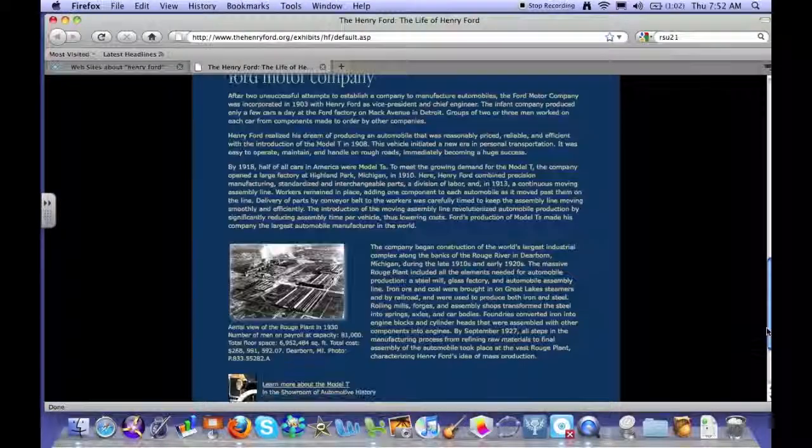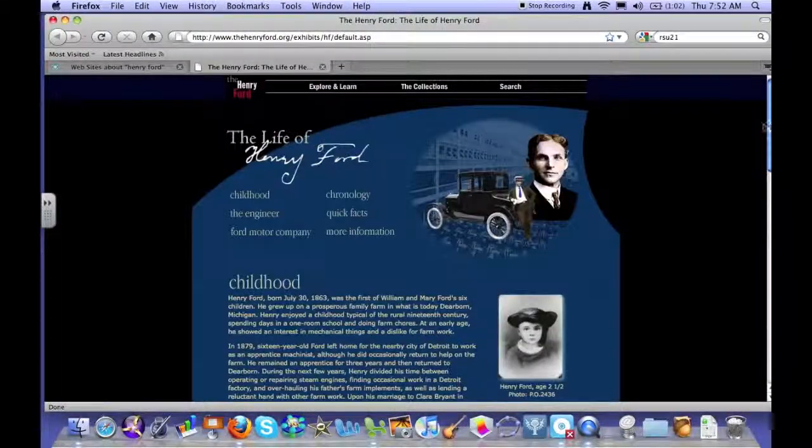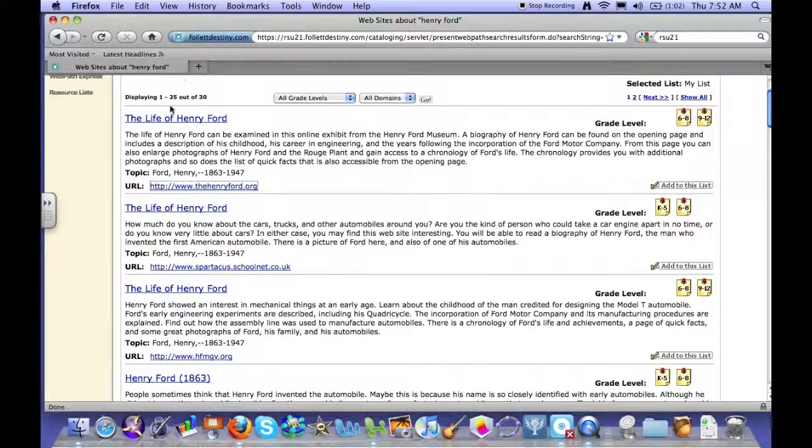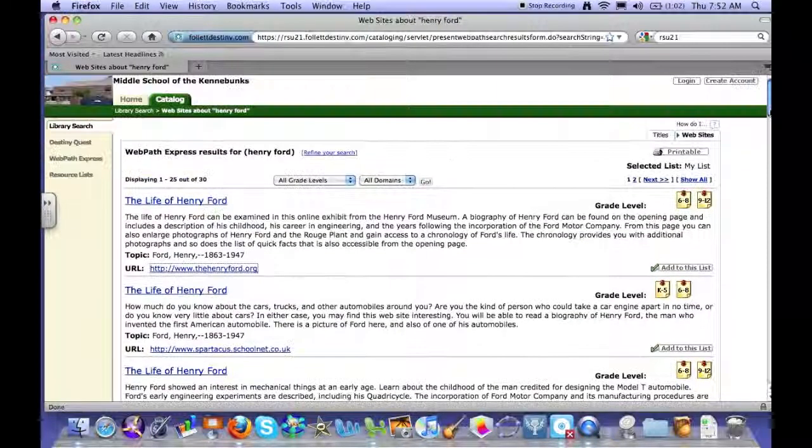If you're having trouble with your keywords, ask Mrs. Best, ask Mr. Bebo. I know they know their subject matter so well that they could certainly give you some suggestions for keyword searching. Okay, so we've covered both the card catalog and the WebPath Express. I'd like to show you what's called, I'm going to minimize this for a minute. I'd like